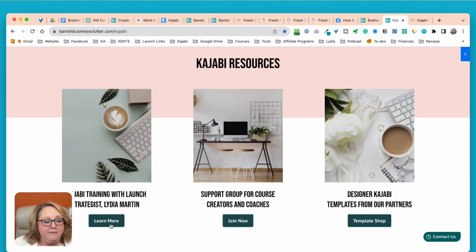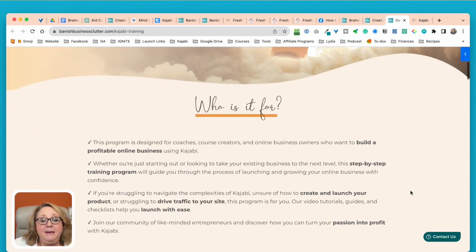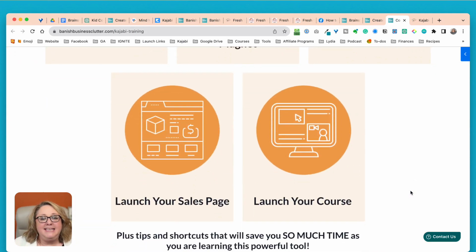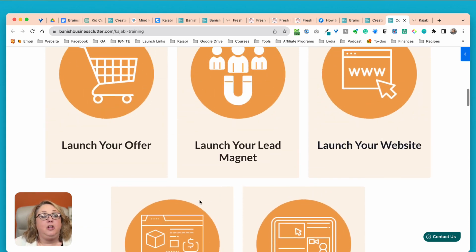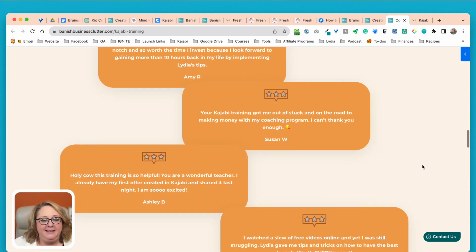The first option we have over here is my Kajabi training course. So if you're like, this is a great start, I now understand what a course can look like inside Kajabi, but I need to know where to start. How do I actually learn how to use Kajabi? Well, we put together this amazing training. It has 6 modules, I believe, and it teaches you not just how to build and launch your course, but launch your first offer, your lead magnet, your website, emails, sales pages. It's all inside this course.